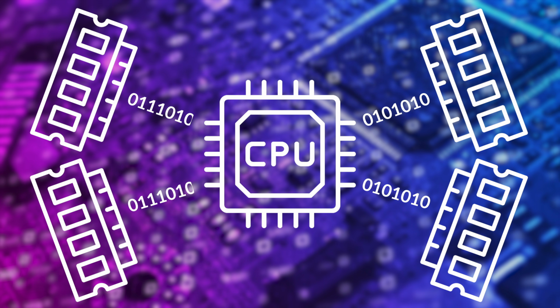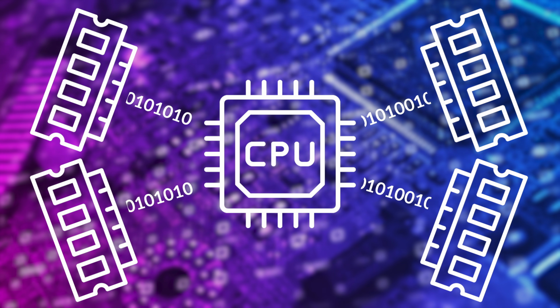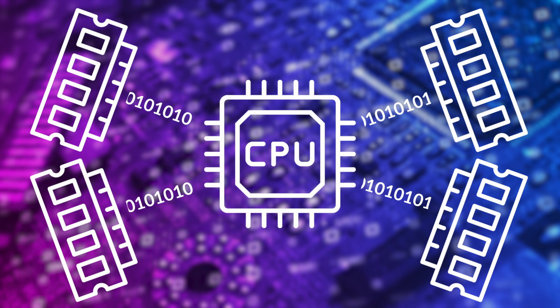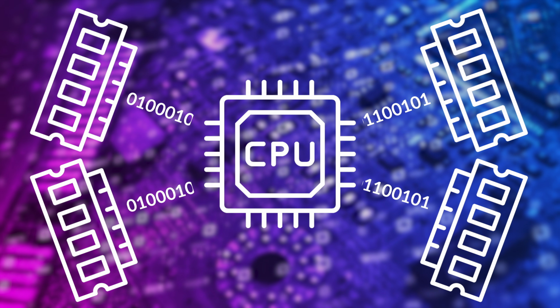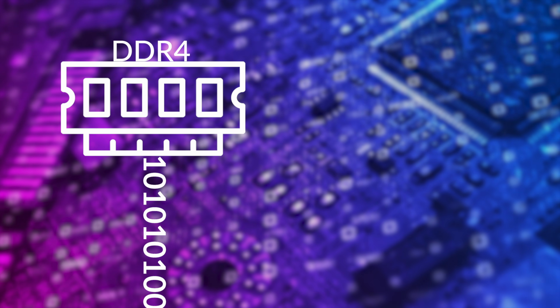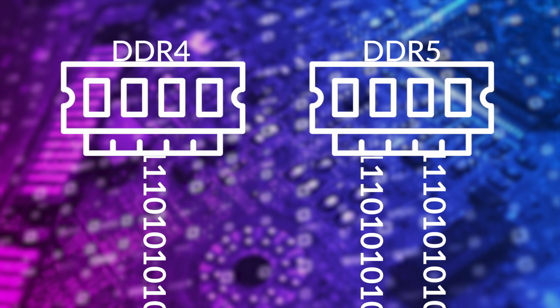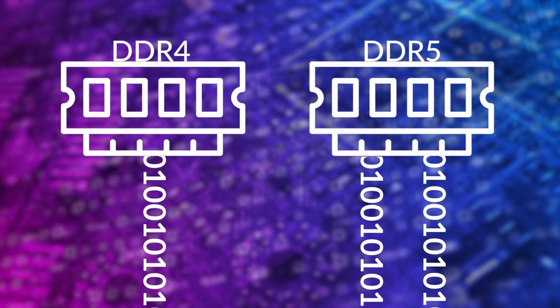With a quad channel kit of RAM, you also need to take into consideration whether the CPU and the motherboard that you have can actually support this. The same thing goes for octo channel. Finally, it's worth mentioning that dual channel isn't defined by how many sticks you have. For example, a single stick of DDR4 will run in single channel, whereas a single stick of DDR5 will run in dual channel. Module quantity and capacity are both factors that, when increased, will add to the instability of your